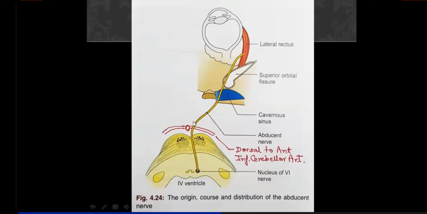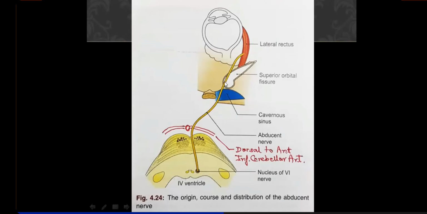Then it will ascend upward, forward, and medially towards the apex of the petrous temporal bone, and will perforate the posterior wall of the cavernous sinus below the petrosphenoidal ligament through the canal of Dorello. It will run in relation to the medial wall of the cavernous sinus, along with the internal carotid artery running infralateral to it, and will reach the superior orbital fissure through its middle portion,